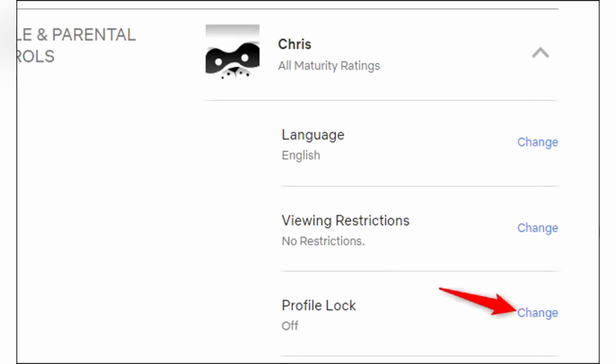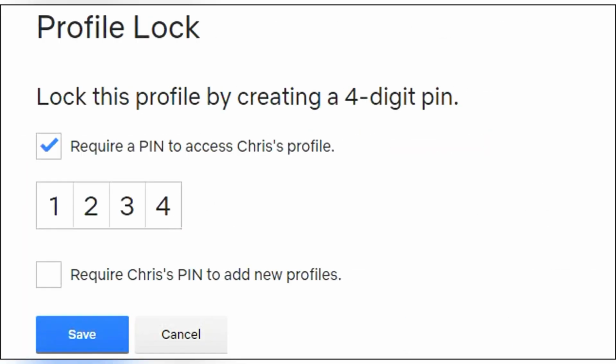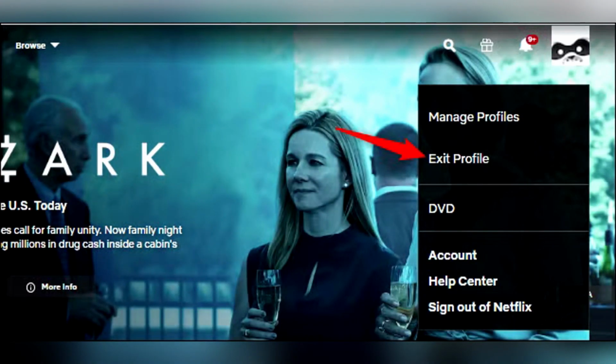Next, head to Profile Lock, then click Change. Enter your Netflix account password, then check the box labeled Require a PIN to access the profile. Enter a 4-digit PIN, or optionally enable Require PIN to add new profiles. Then just click Save. To make sure your kids don't access your profile, use viewing restrictions to filter content by